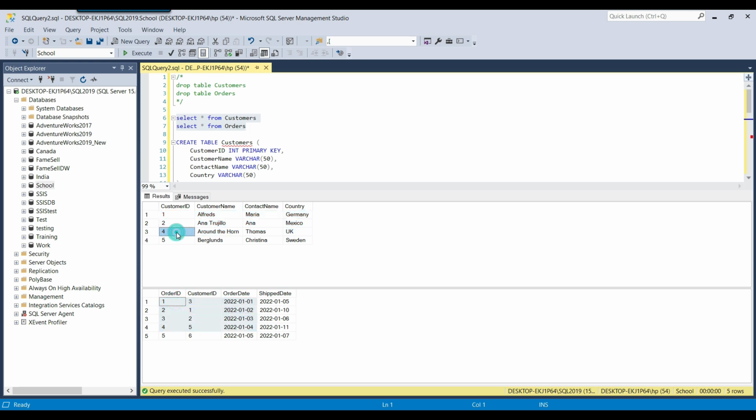But customer ID 3 is present in the orders table but not in the customers table. In that scenario it will select all records from the right table, but it will have null values from the left table because there is no data for customer ID 3 in the customers table.